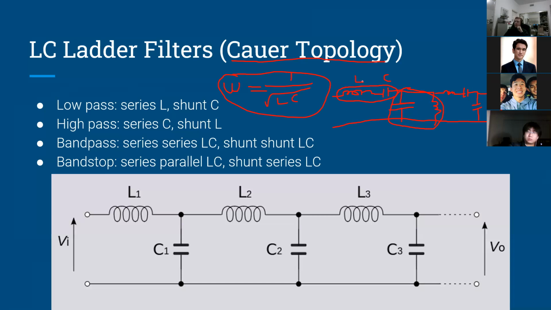I said that this is L and this is C, and they resonate at the resonant frequency of the bandpass filter. But that's not quite true when you're designing bandpass filters. What you actually do is you vary the resonant frequencies of these series and parallel LCs in order to widen the bandwidth of your bandpass filter. So if you move one to a lower frequency and one a little higher in frequency, and you look at the overall response of the filter, you'll find that the bandpass characteristic will have a wider bandwidth. But anyway,